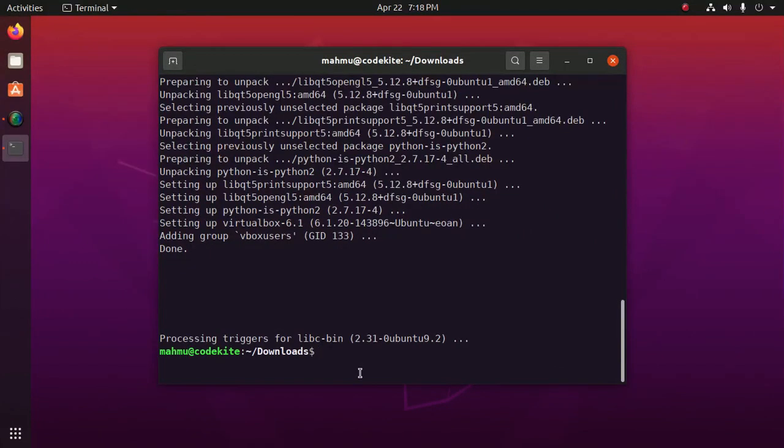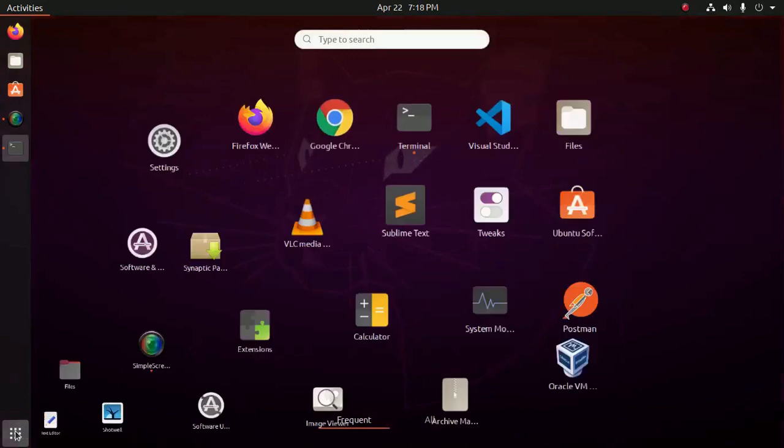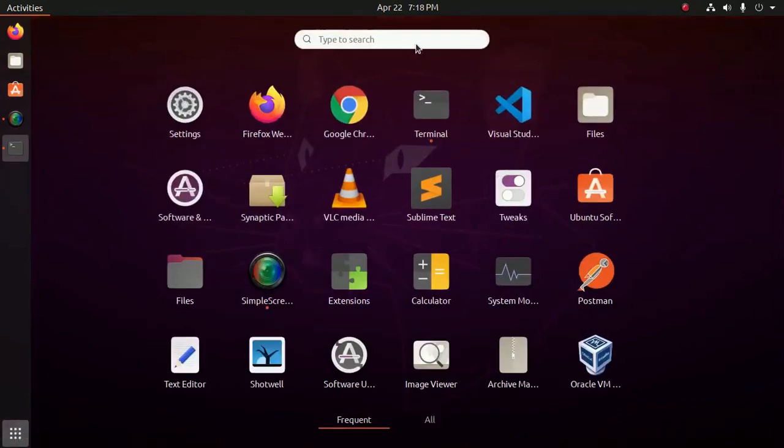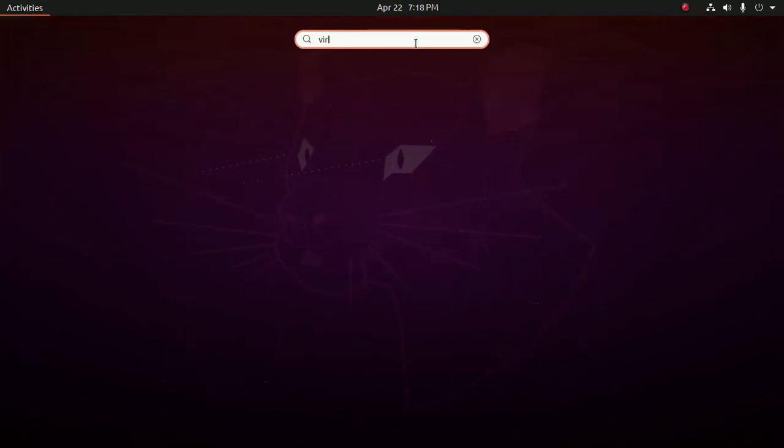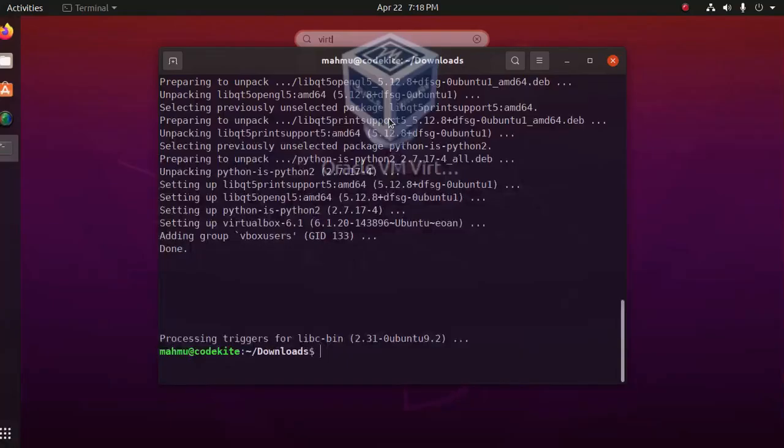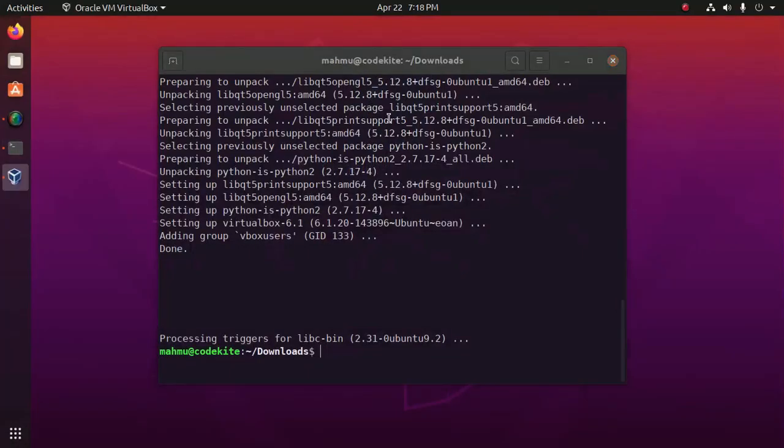Okay, VirtualBox installed successfully. So open VirtualBox. Okay,